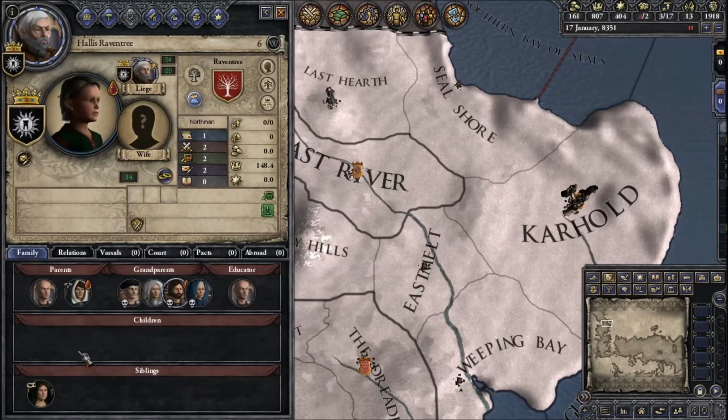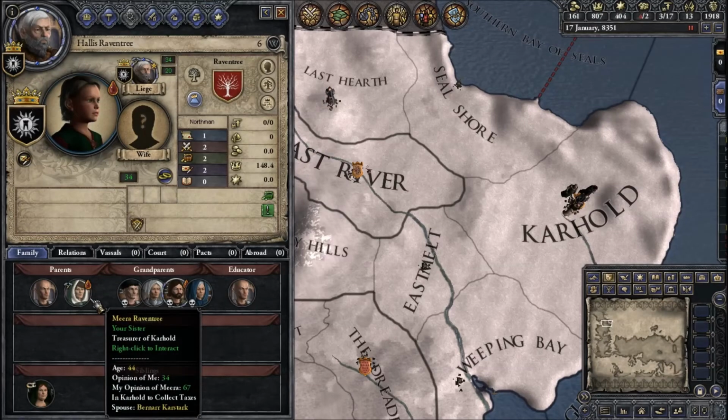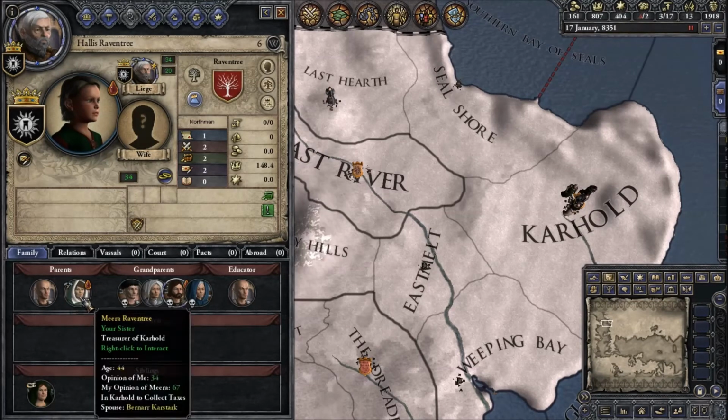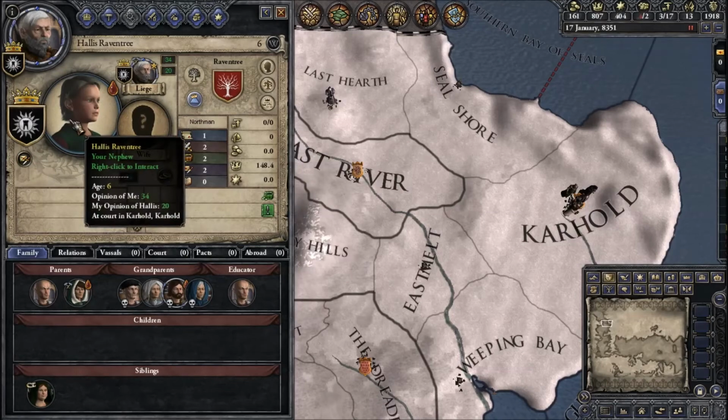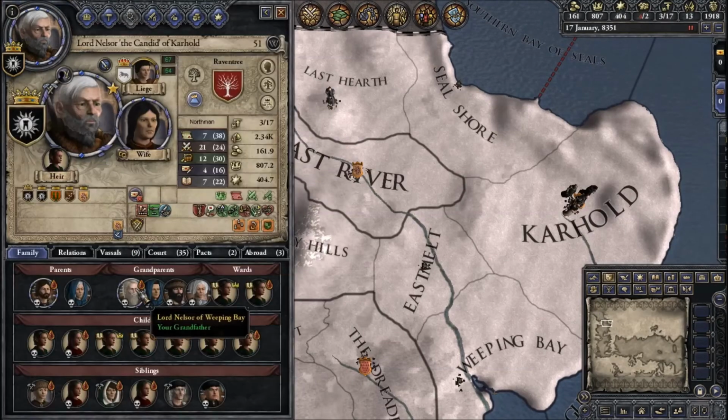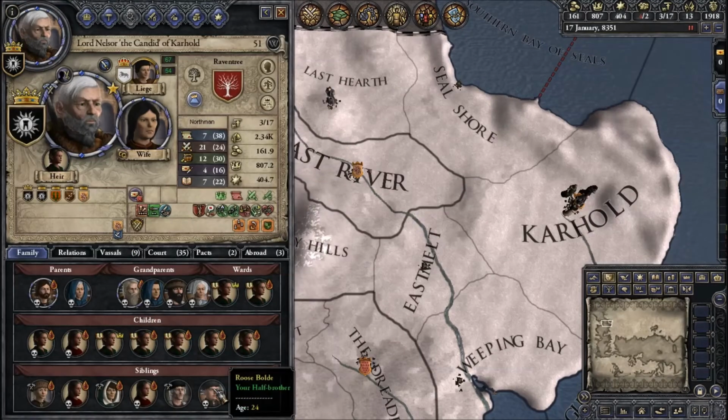We got Nelsor Raventree here. He would be an option. I could give it to... No, if I gave it to Bernard Karstark and Mira Raventree, she would leave my court and I wouldn't be able to use her as a treasurer anymore. So I would have to give it to their son. But I don't know if I'd necessarily want to do that either, at least not yet. Also, our brother...